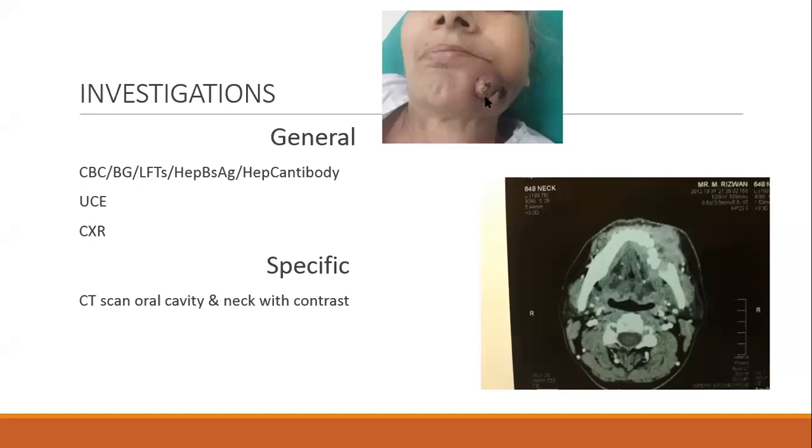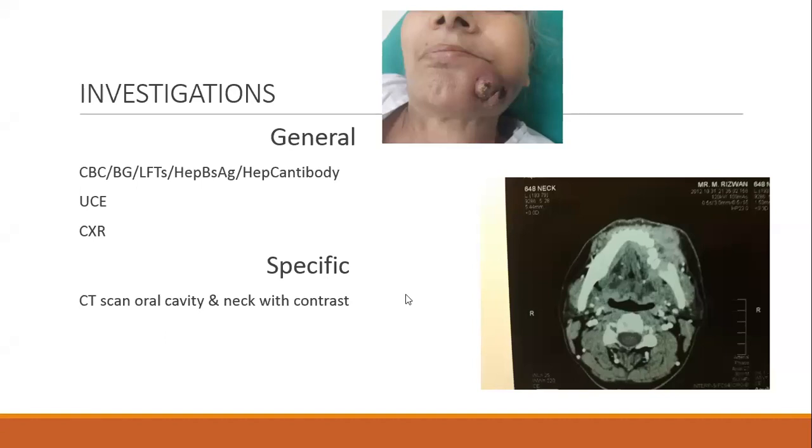tumor. Why do we want to do the CT scan in this case? Obviously, this is a tumor, but I would like to see whether it has gone beyond this side to the base of the skull or pterygoid muscles. As in this case, you can see it is involving this buccinator muscle, but it is not involving the medial pterygoid here. Now, how do you know this? Simple. You look at the blood vessels. These are the major blood vessels, carotid and internal jugular vein. They are white colored, opaque. That means this is a contrast. Okay. So CT scan with contrast.